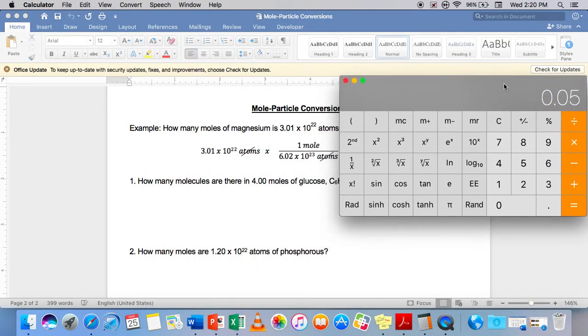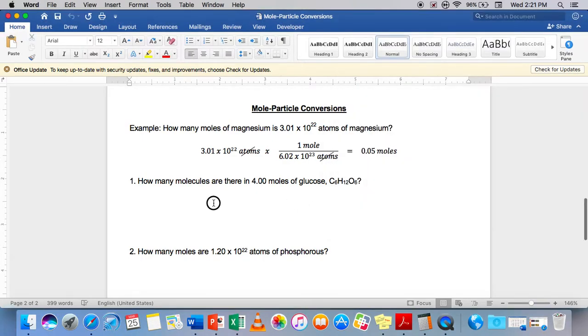already given to you. Okay, so get used to this exponential notation button, because you're going to have to use it anytime we deal with Avogadro's number and we're dealing with these mole particle conversions. Okay, why don't we take a look at an example together? Number 1 says, how many molecules are there in 4.00 moles of glucose, which is